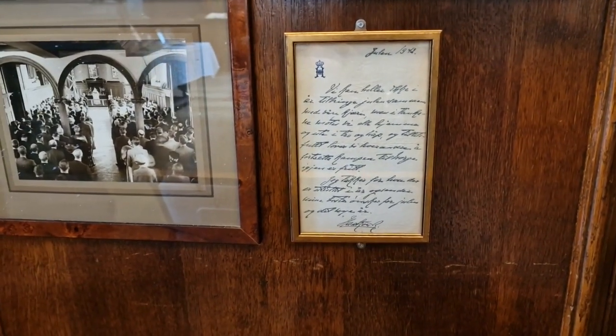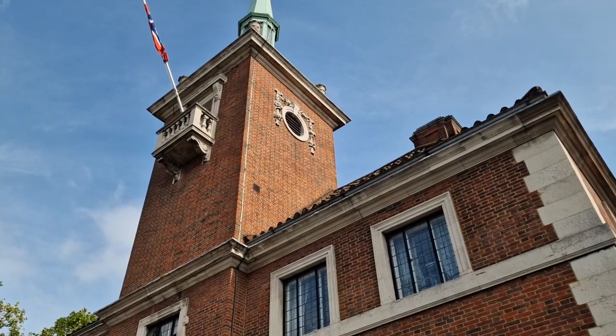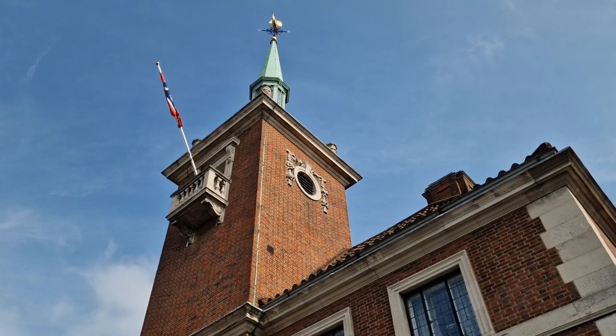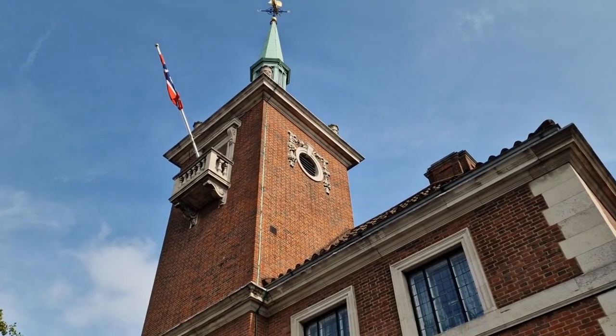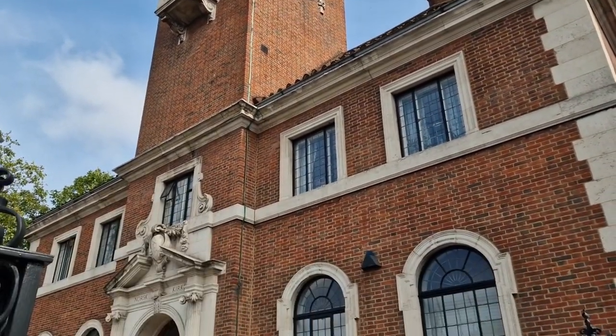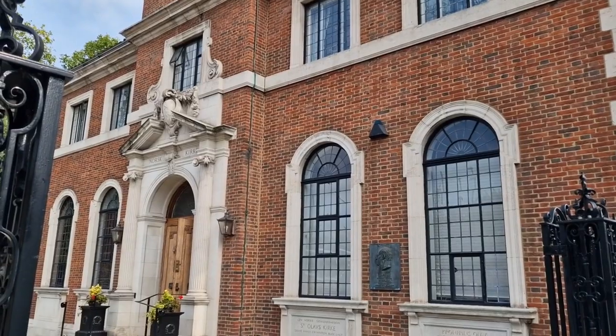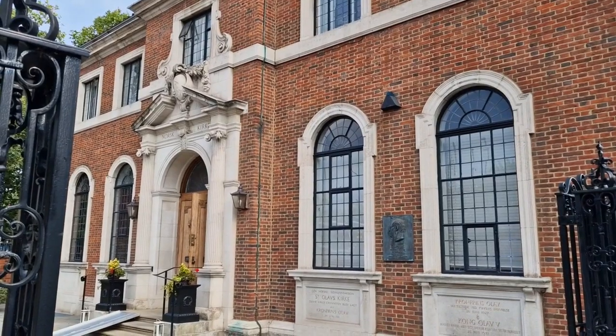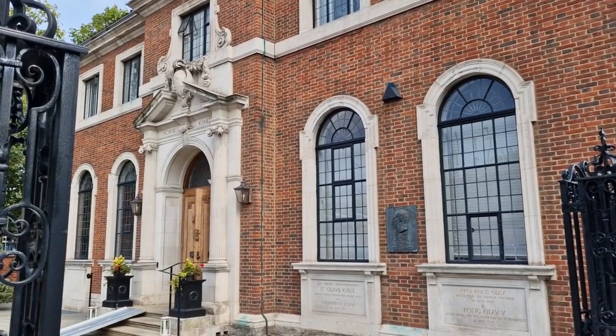Now you'll join me outside. There we are, and that is the Norwegian church in London, St Olav's. A beautiful church, and I hope you all enjoyed it. Now there'll be some historical images. Sorry I had to do it in bits and bobs, it was quite busy inside, so off we go for